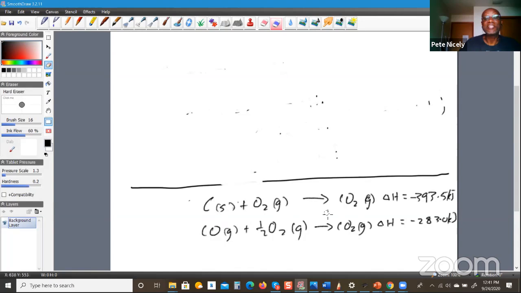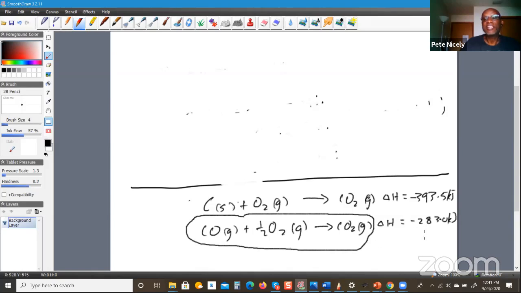So we have this reaction here. They gave you the delta H value. We have this reaction here, give you the delta H value. So what I'm going to do is, I'm going to flip this equation around, right? Now, when I flip this equation, the sign here will change, right? So when I flip it, I'm going to get